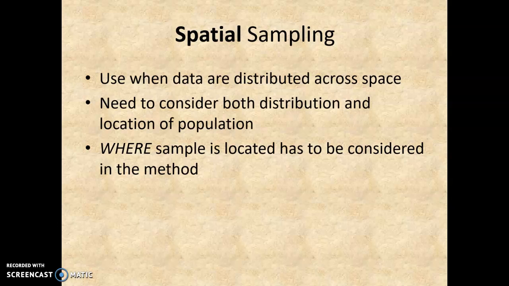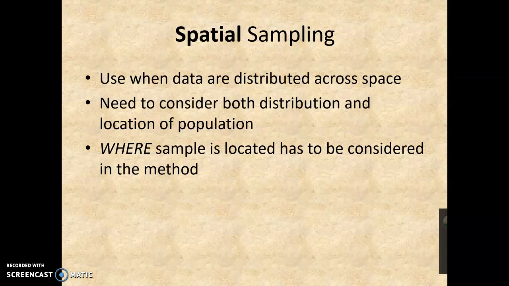So when you're choosing your sampling method, you're considering the location of the population and the distribution of the sample within the population. Say it's a city and you're sampling people in the city, you would want to consider the wealthy parts of the city as well as the less wealthy parts. You'd want to consider people living in the commercial district as well as people living in the residential district, right? You would need to consider everybody and try to